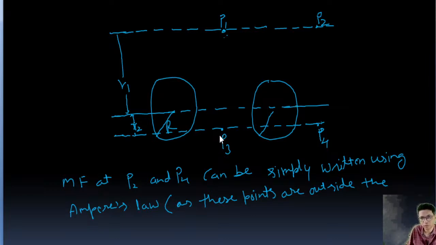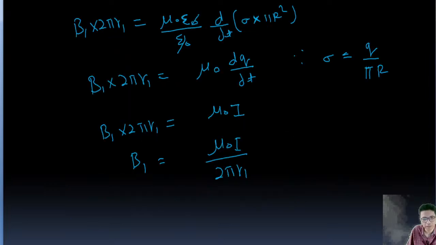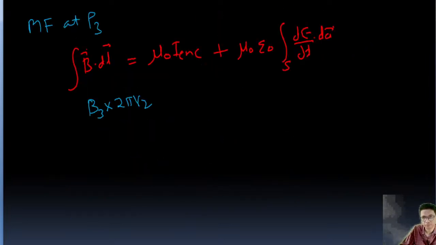At this point, the transverse distance is B3 into 2 pi R2. Transverse distance is the distance of this point from the line joining the centers of the capacitor, this one, R2, and that is going to be equal to